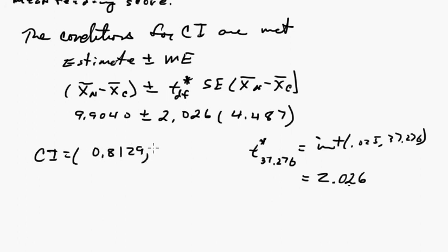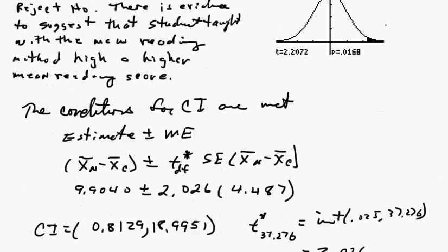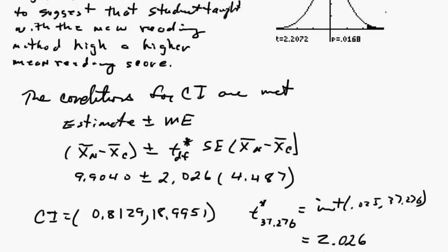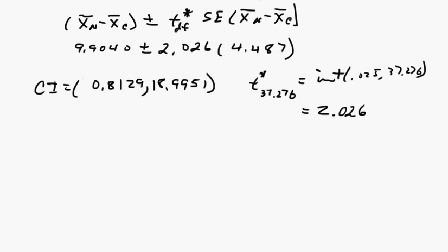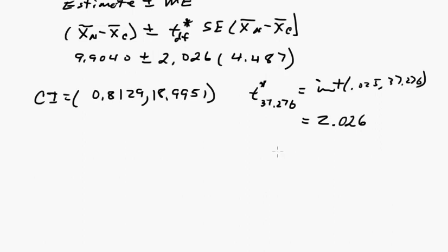So if we do that, we get a confidence interval of 0.8129 to 18.9951. And again, you could use the calculator function. You just go back to stat test, and this time select the calculator function, and it will compute that for you, but you have to document this stuff. So we are 95% confident